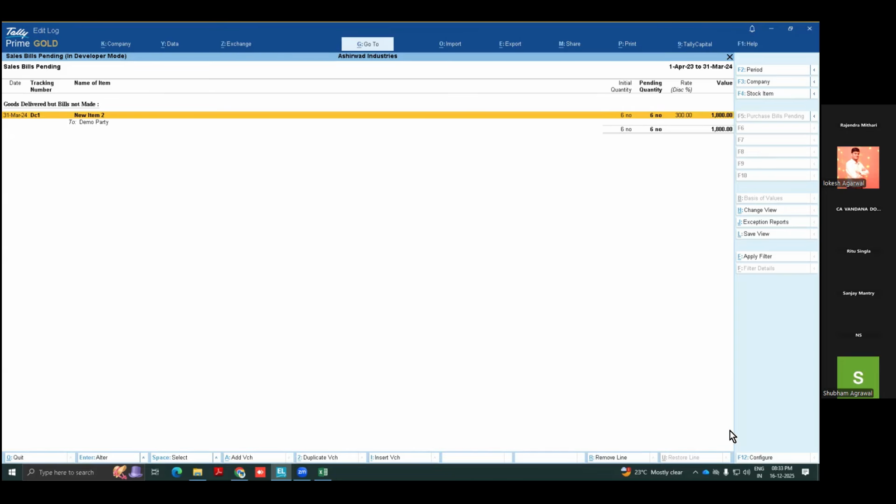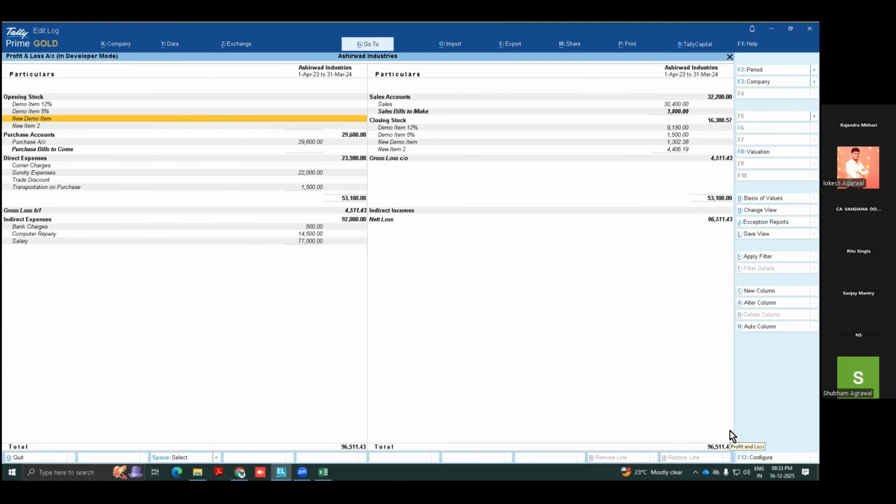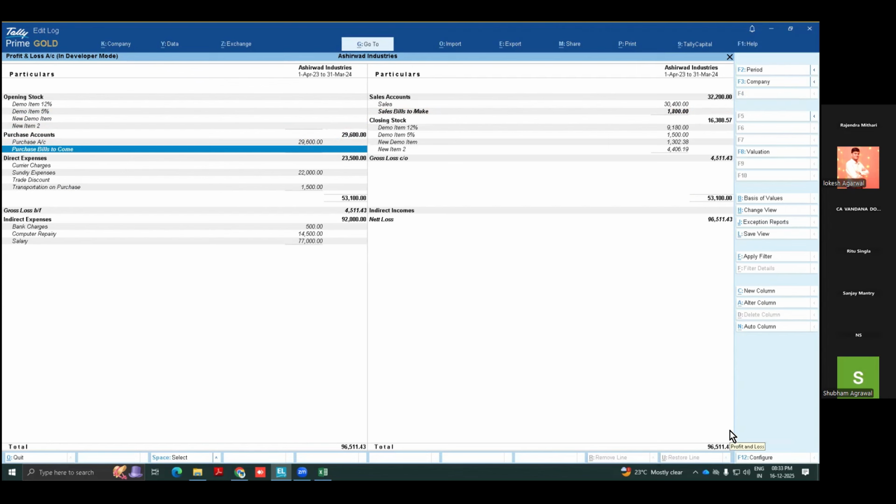So Tally is showing you stock is reduced, so book your income. Same way here you can see purchase bill to come means goods received in my books, stock is increased, so you are claiming the income side but you are not debiting the expenditure side. So Tally is showing this line always.